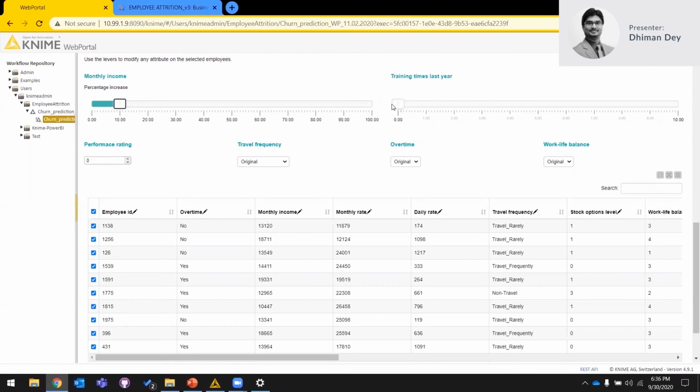Okay. Or you can give them, let's say, if you think that maybe the trainings given to these people last year were very minimal, or they need to be cross-trained, so you increase the number of trainings. Okay. But in my opinion, I would like to go with a tuning or a parameter set which doesn't involve any cost. So training as well as any kind of performance increase, monthly income increase would have some added cost impact. So let's keep these ones at 0 for now.